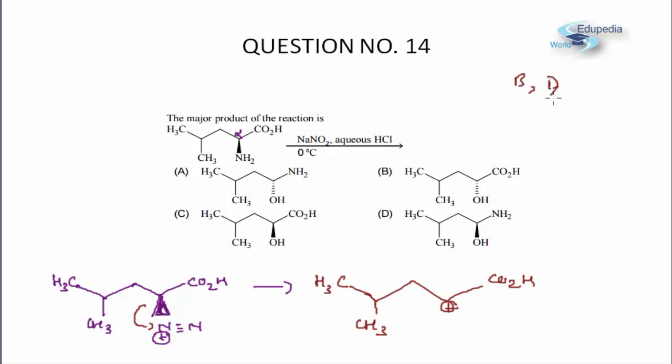Now let me tell you all that this is a wrong solution. First let me tell you why this is wrong. See, there is a very strong CO2H group which has a very strong minus M and minus I effect. So you cannot form a carbocation adjacent to it. This is wrong. No carbocation would be formed. So if you are thinking in this direction, first step you are correct, diazotization, but you cannot form a carbocation over here. So instead what is going to happen in this case?